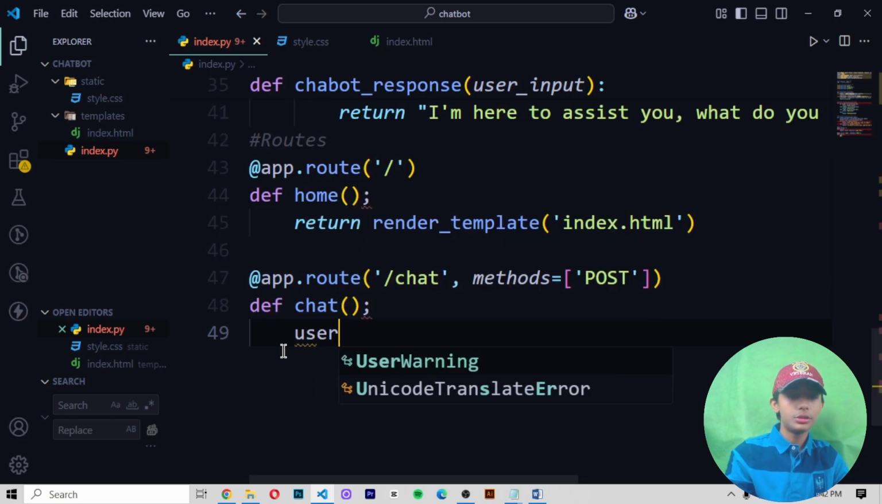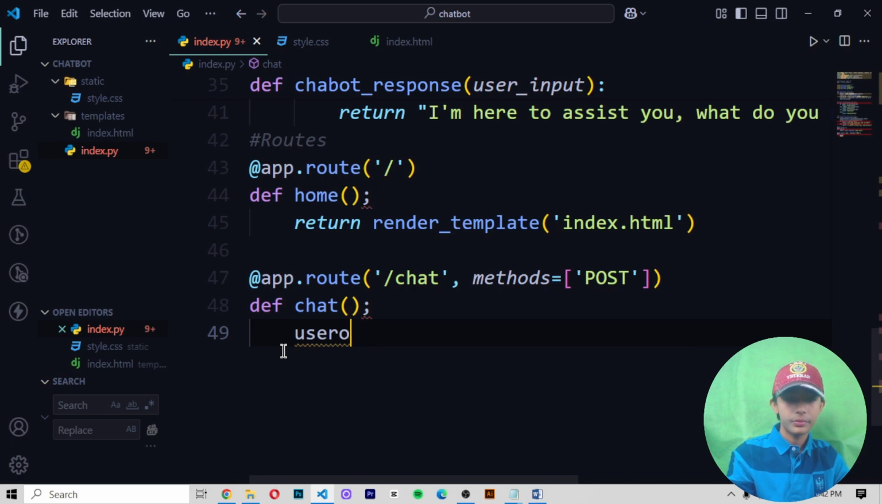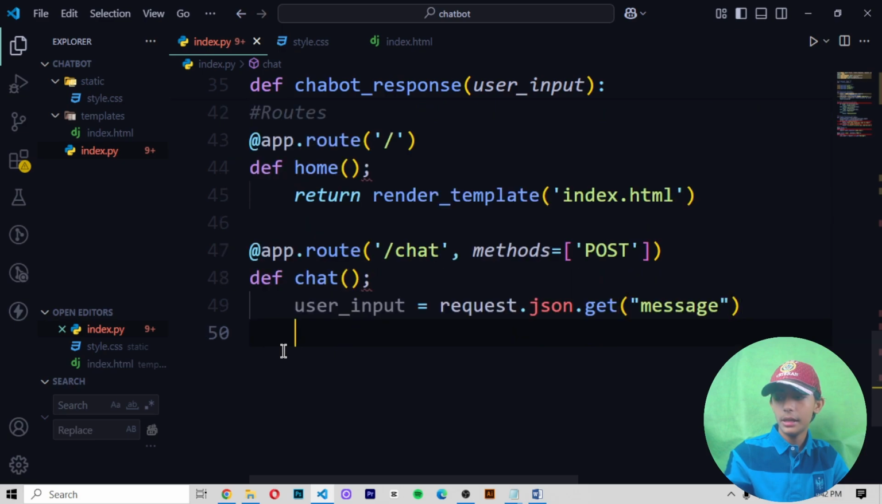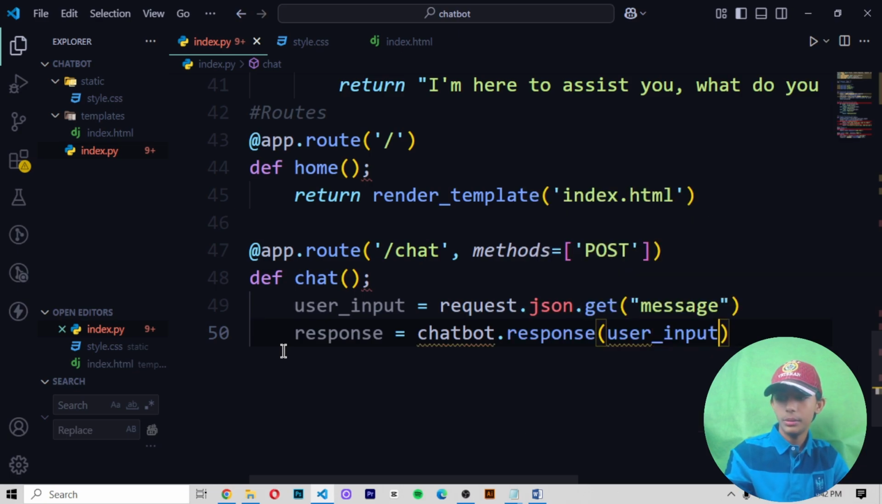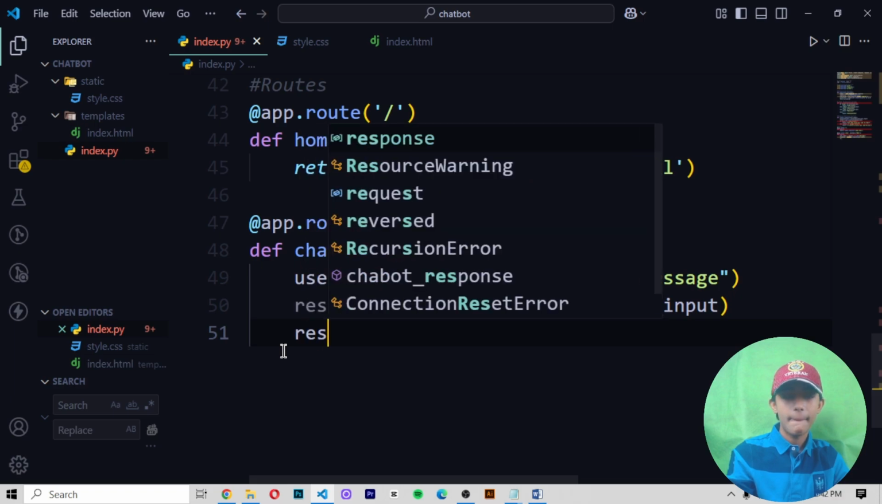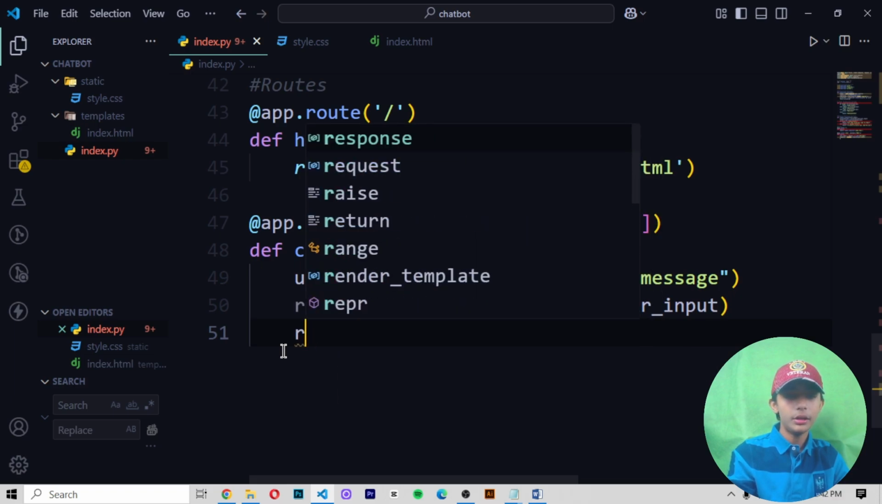Then right here user_input equals request.json.get message, and then press enter, then response equals chatbot.response, which will be user_input. Then we write here return